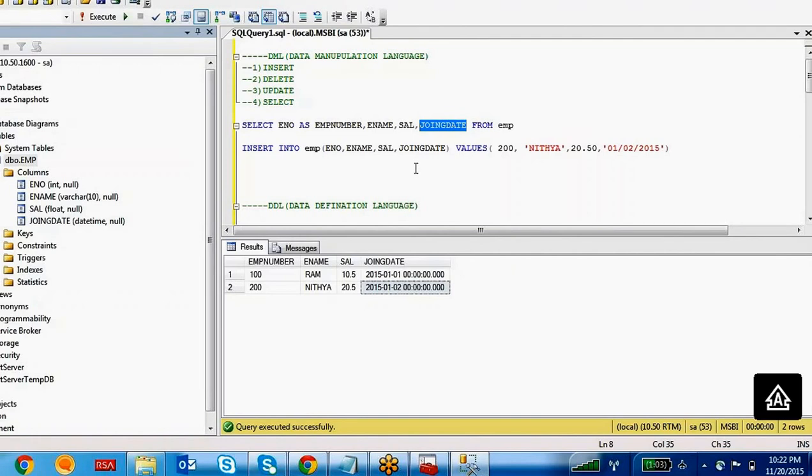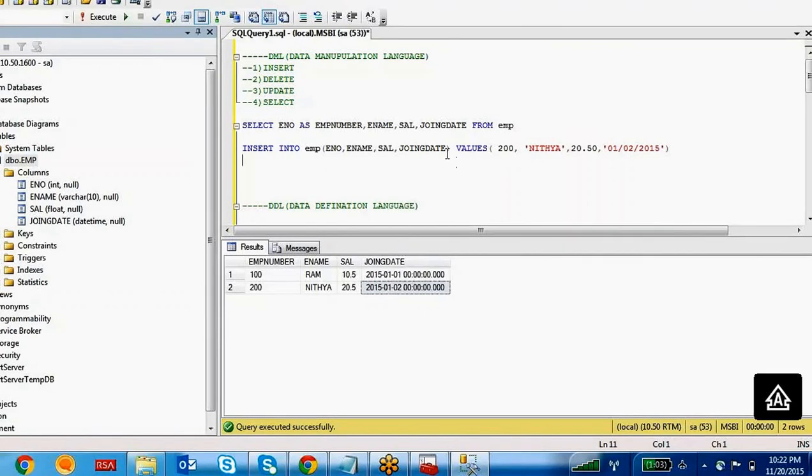That convert function we will discuss later. By using convert functions, we can show the data in whatever format is required. So this way you can insert the data.